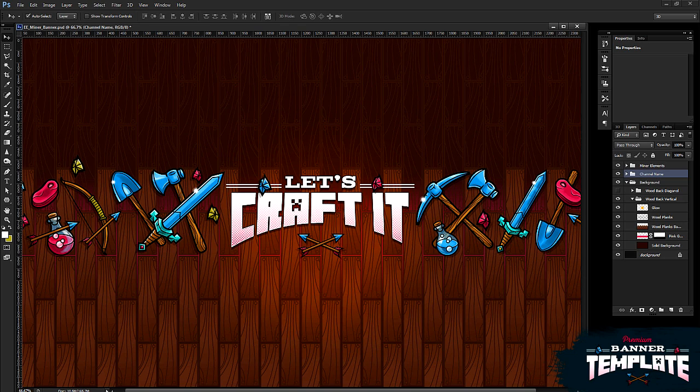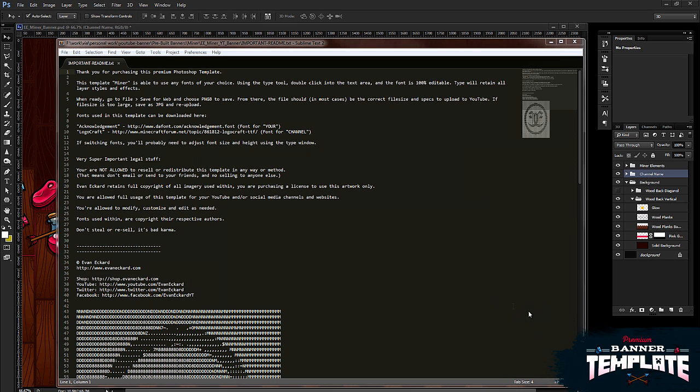So that's about it. Let me show you real quick the text document that appears in the zip file. So this would be one of the text documents that appears, and in it you'll see a few lines down I let you know which fonts were used that you can grab and install off the web here, and give you links for them. And there's some other instructions in here, like how to save for web if you don't know how to do that, and just some other little instructions and some legal stuff. So it's pretty straightforward, pretty easy.